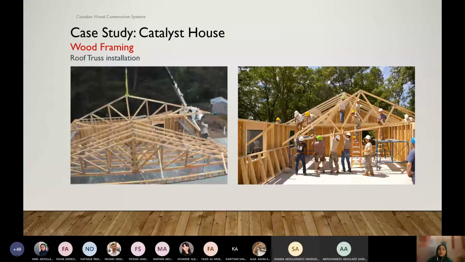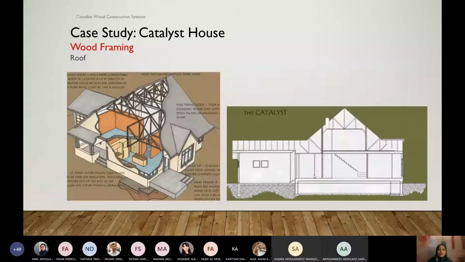But we can also make the trusses on site, but that takes a little bit of extra time, and then wastage on the site, and it needs expertise to do that. So that's why nowadays we avoid that. We just use all prefabricated. The trusses are done in the factory according to our design, and then just delivered to the site and installed on top of the house.